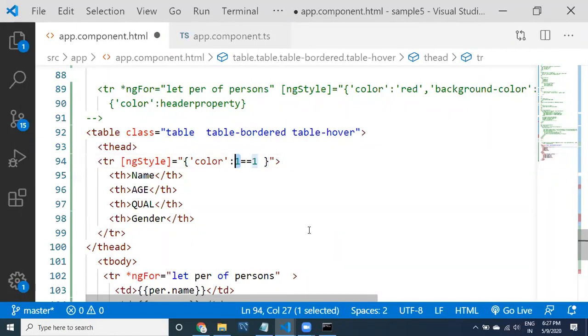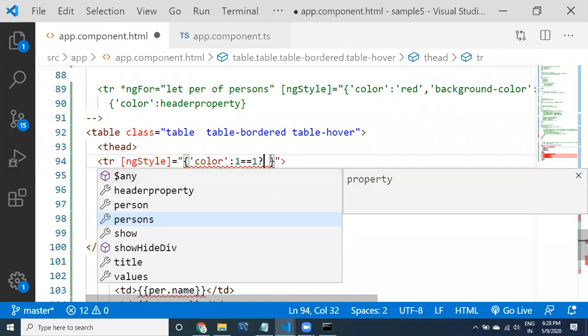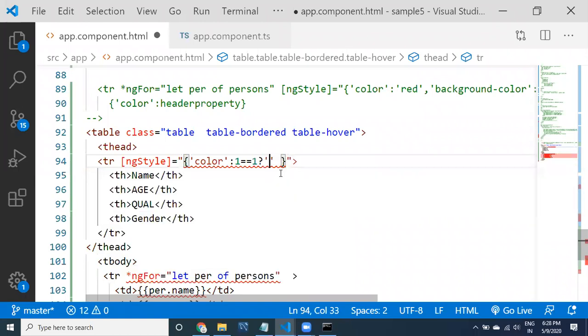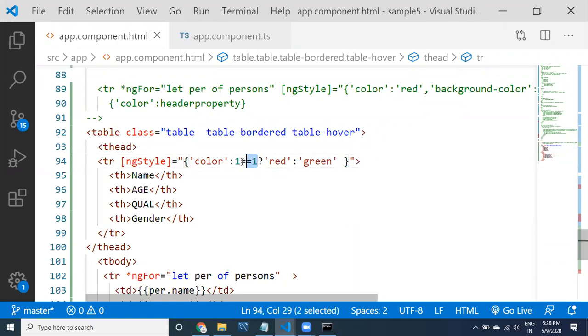I'm just providing a condition. Colon. If the condition is there, then see here guys, question mark, something like red color, else provide green. Meaning that this is the condition.